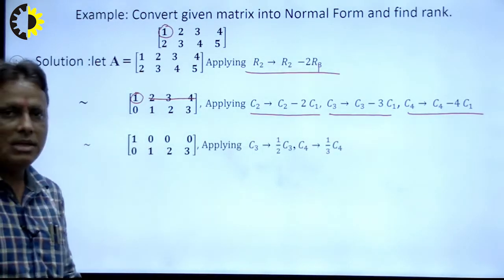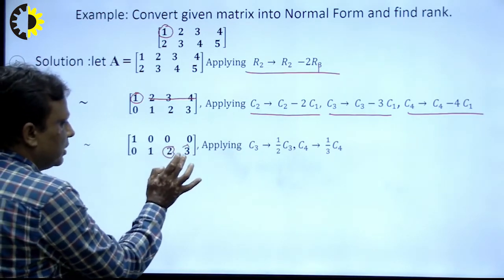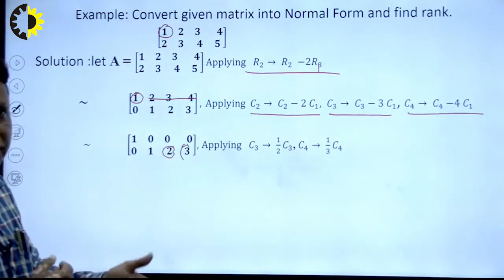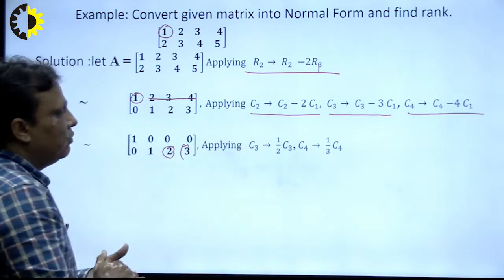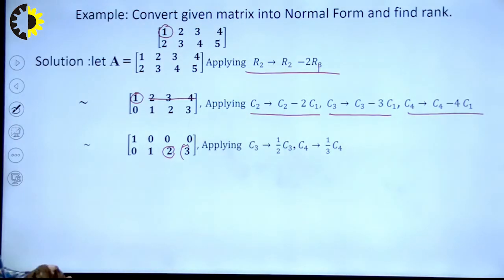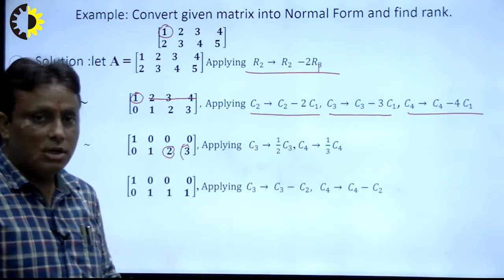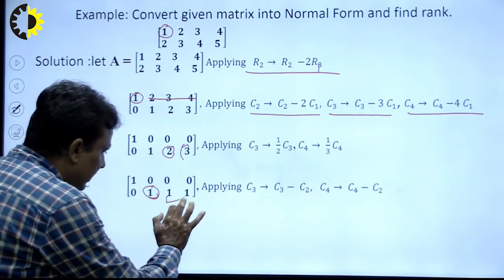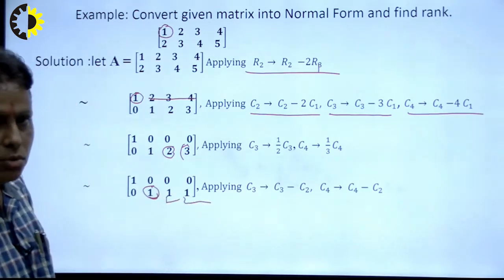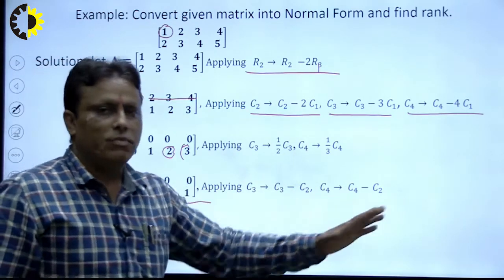this, right? Now our aim is to reduce this 2 and this 2 into 0. So how to reduce it into 0? So we apply here, right, C2 arrow 1 by 2 C2 and C4 arrow C4 divided by 3. So we get the result of this matrix is this. Now our aim is, with the help of this element, I reduce this into 0. So C3 arrow C3 minus C2 and C4 arrow C4 minus C2.